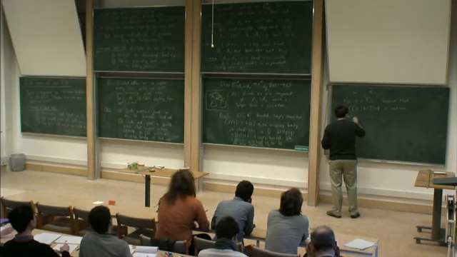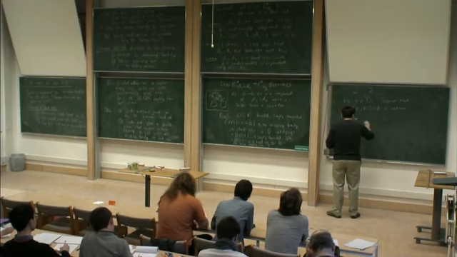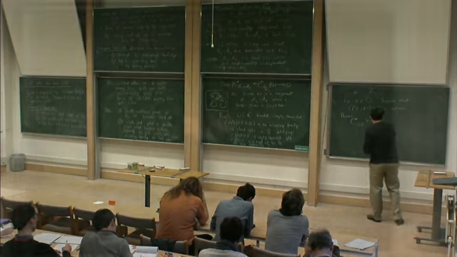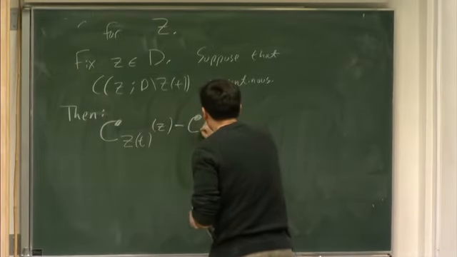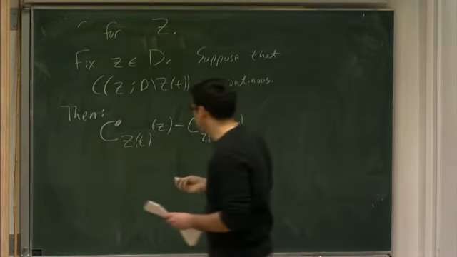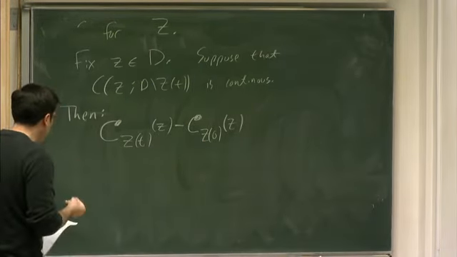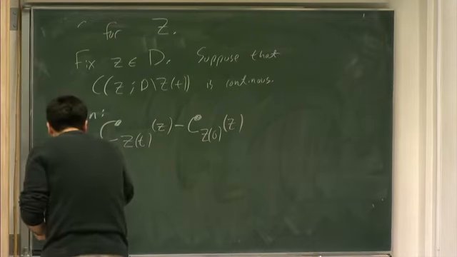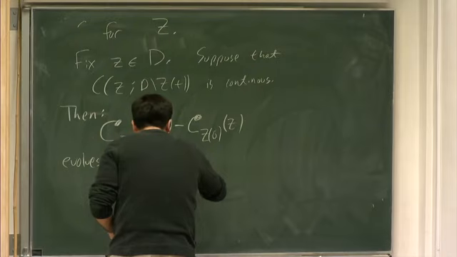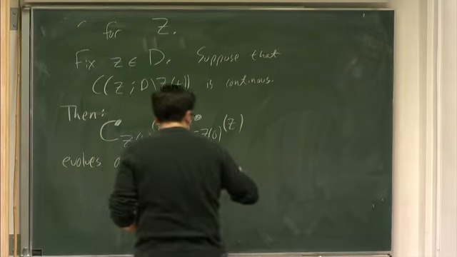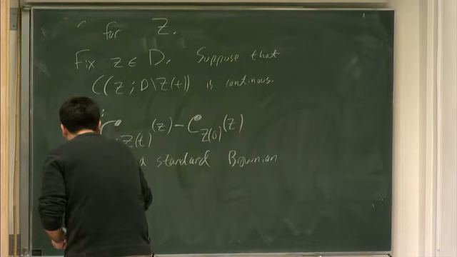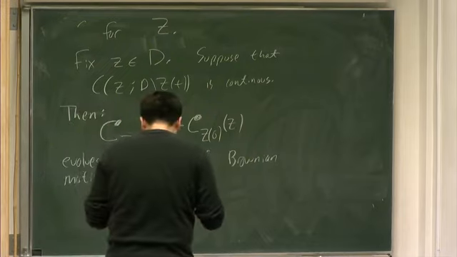if you look at the conditional expectation of the Gaussian free field, given your local set at time t, evaluated at z, and the difference between that and the same thing but at time 0. So this is now a stochastic process, it varies in t. Then the statement is that this evolves as a standard Brownian motion, provided